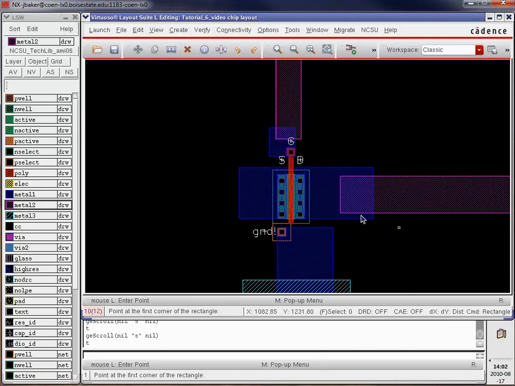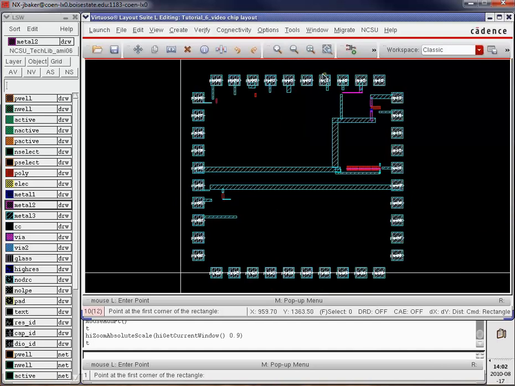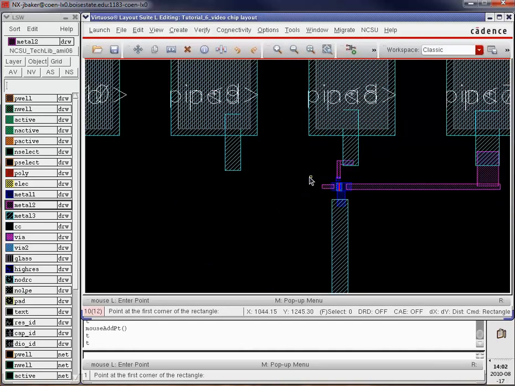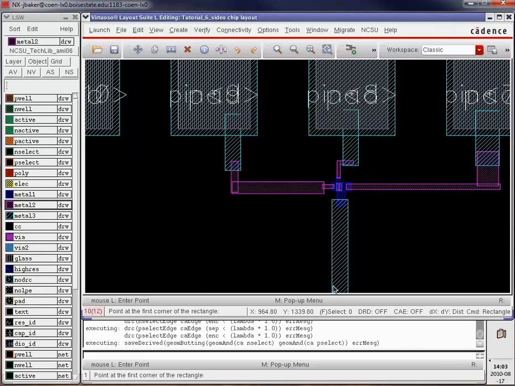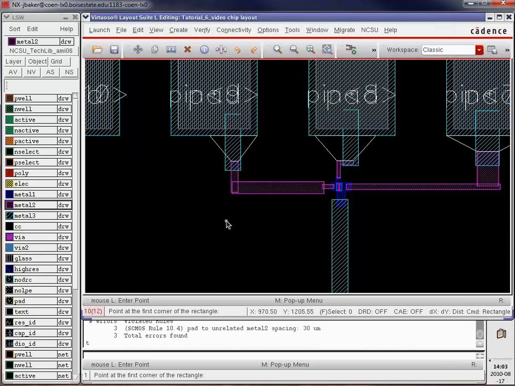And then the source goes to pin 9. Let's do a DRC. Again, sloppy layout, but I don't want to take too much time. 3 errors. Oh yeah. Alright, so let's